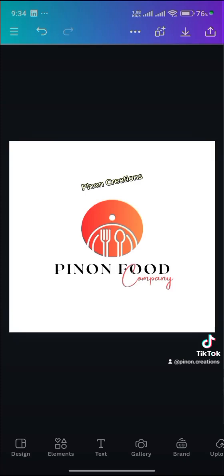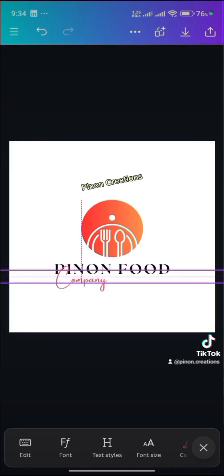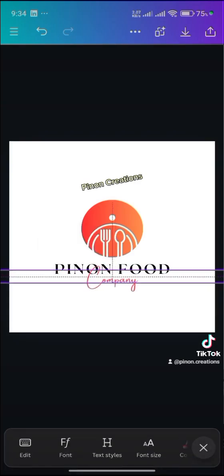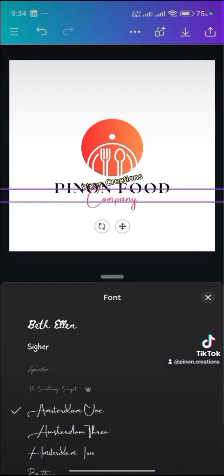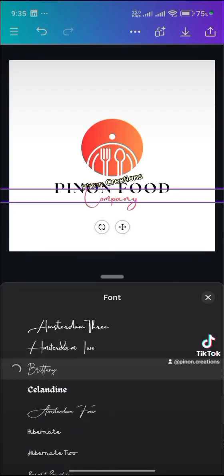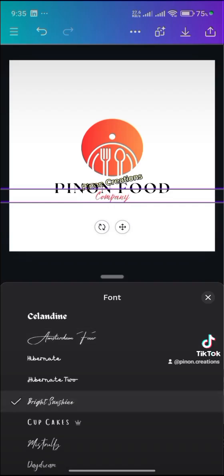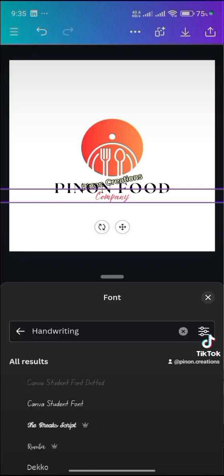Okay, so let's just assume this is my logo. Or I can decide to say, let's align everything to the left. Right? Okay, let's do this. Or let me change this font for the last time. I'm not sure I like that. Okay. Okay, anyways, in order not to waste our time, let me